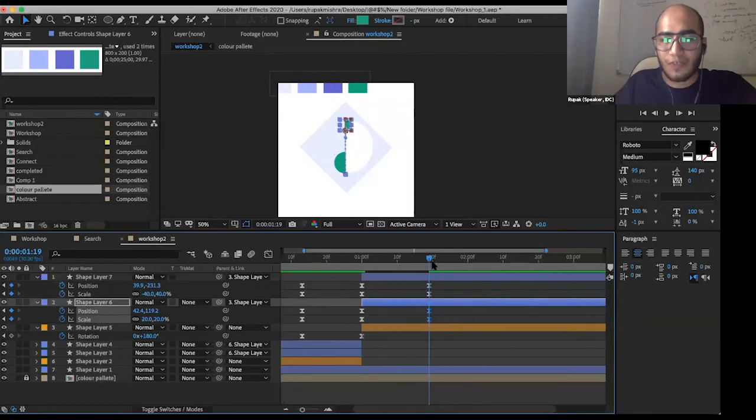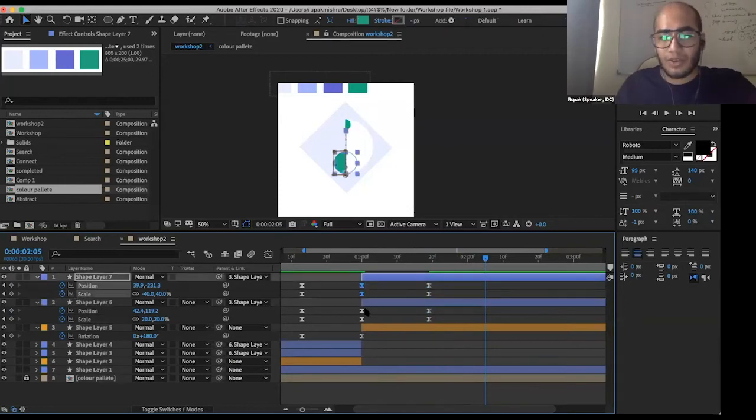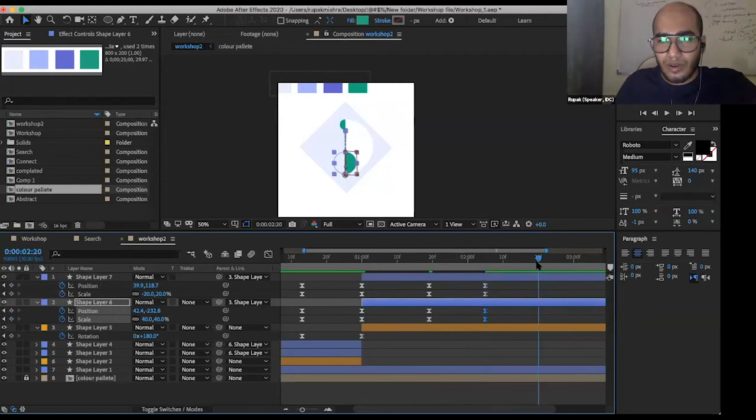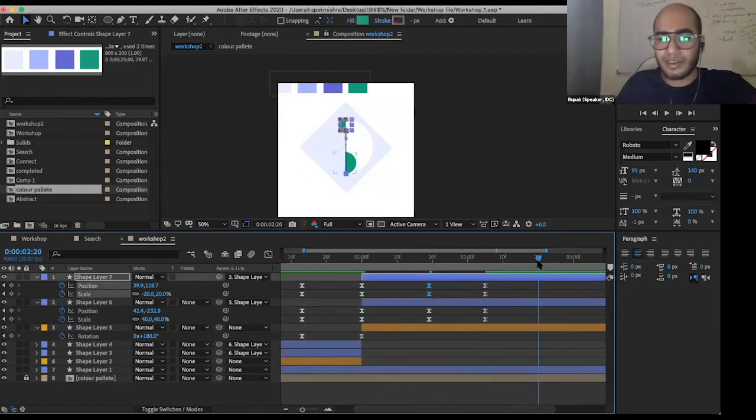I will repeat this for a few more frames because I require this animation to be continuous. So it's better, instead of animating it manually every time, I will directly copy it every time. And that's the smart option we have. See, we are just copying and pasting the alternate keyframes.